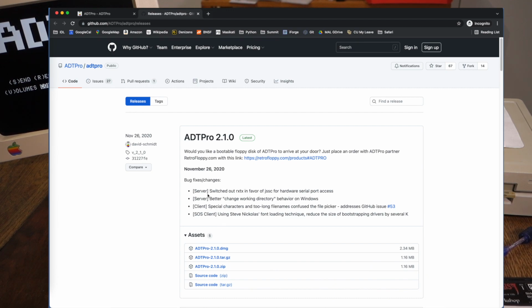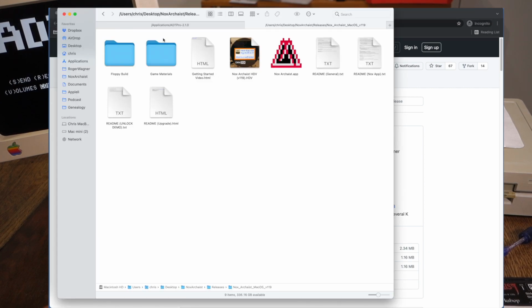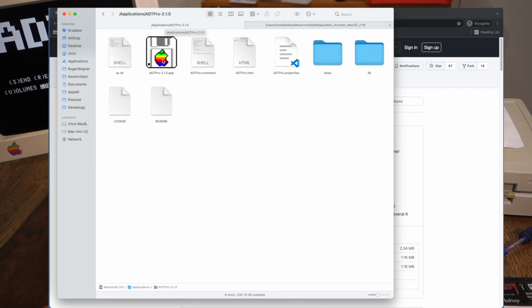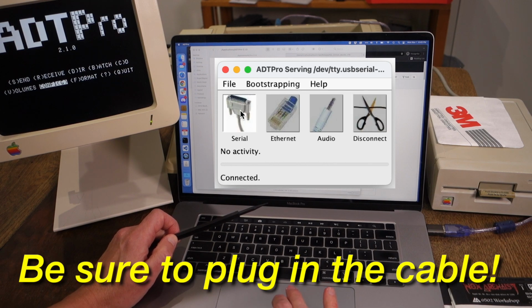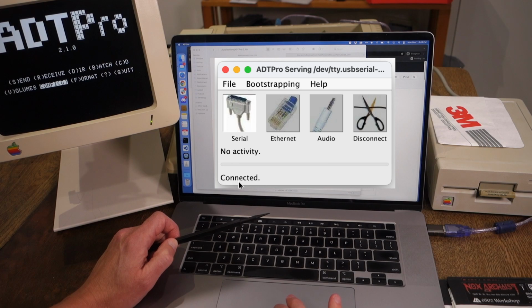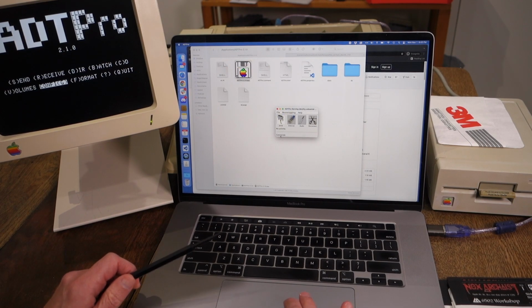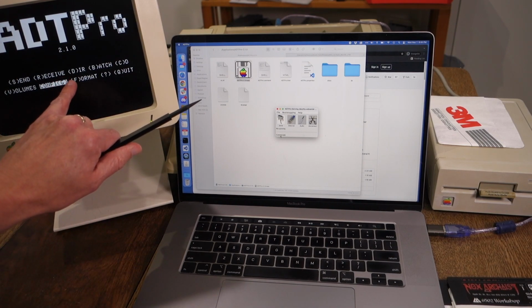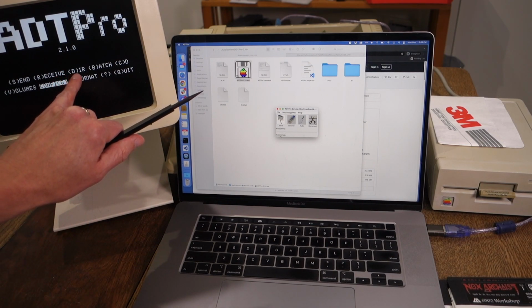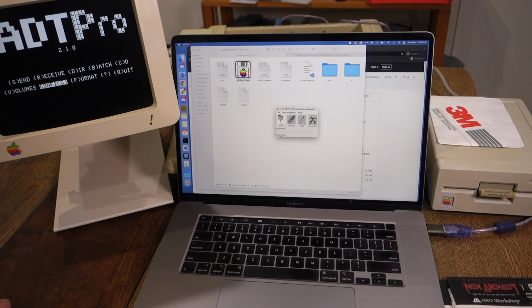We've already gone ahead and done that and installed it into our application directory, so we can just go over to ADT Pro now and start it up. Once ADT Pro has started up, you want to hit the serial button, and it should say connected if everything's working properly. To verify that everything's working, over on your Apple, you can hit the D key to get the